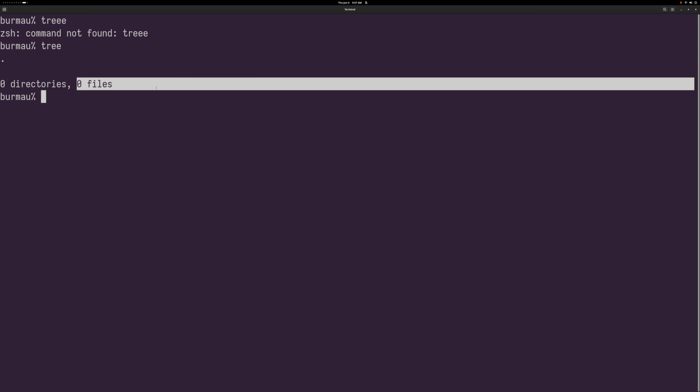Now, I'm going to make use of a command called the touch command. The touch command by itself, if I enter it like this, errors out. But if I give it a file like touchy.c,